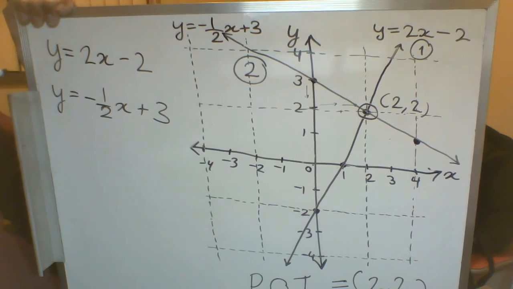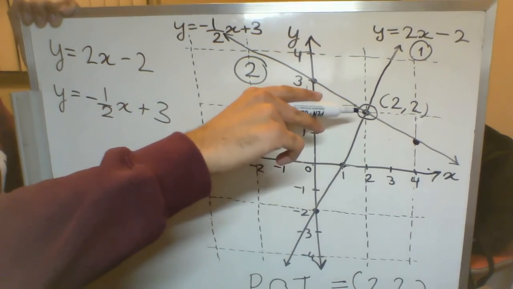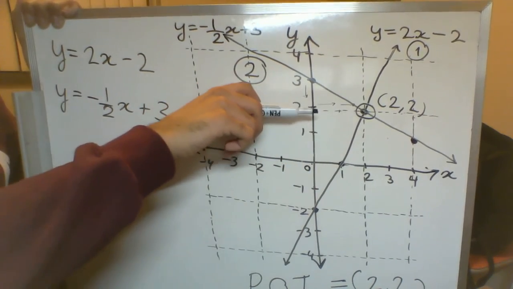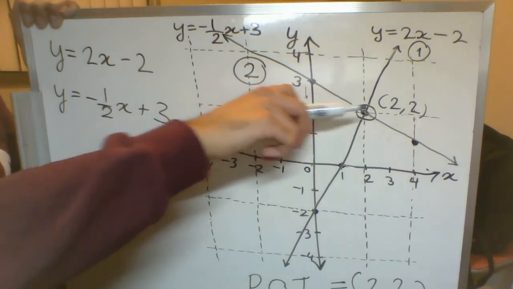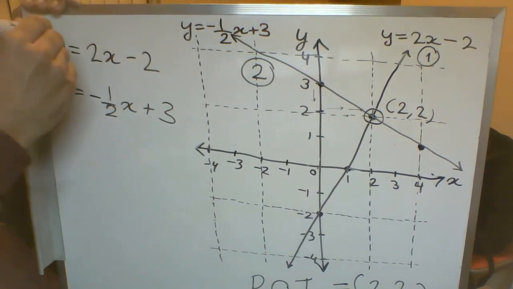But anyway, at the point of intersection, you might notice that the y value has to be the same. I mean, actually also the x value needs to be the same, but in particular, the y value needs to be the same for that point in both lines, which means that this